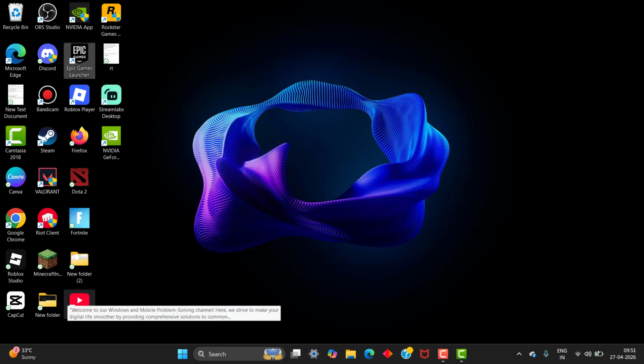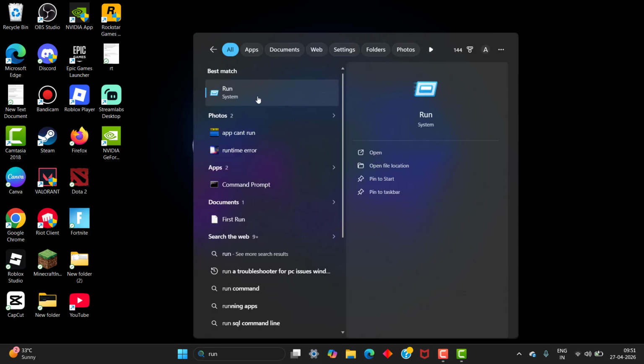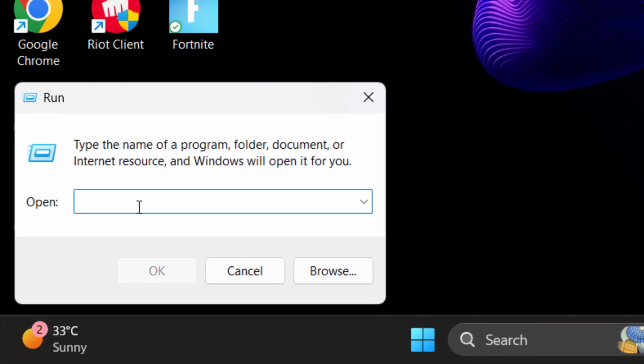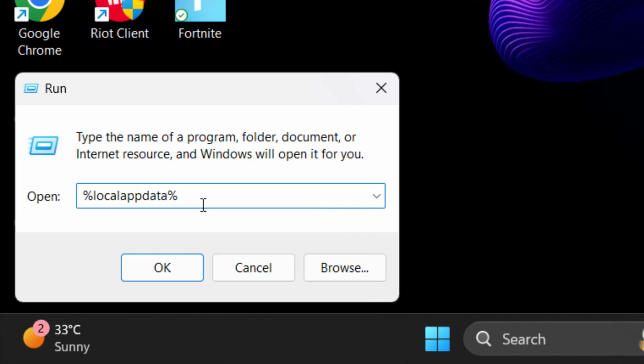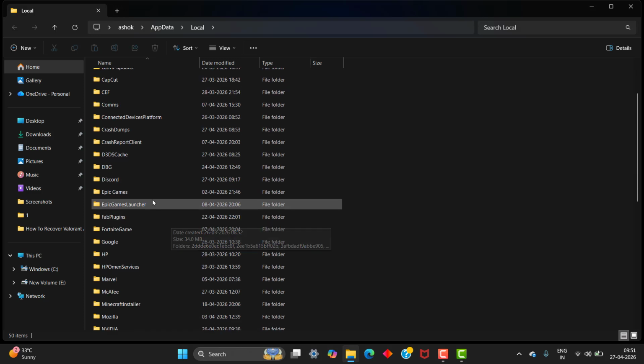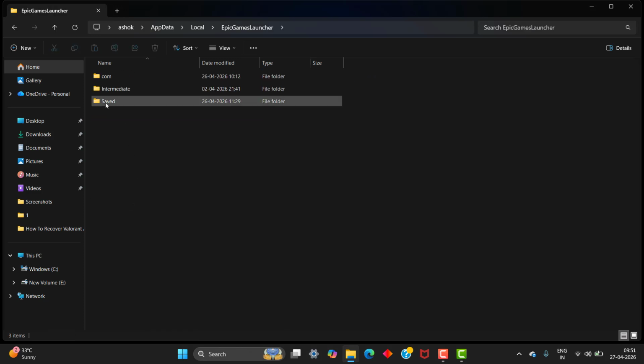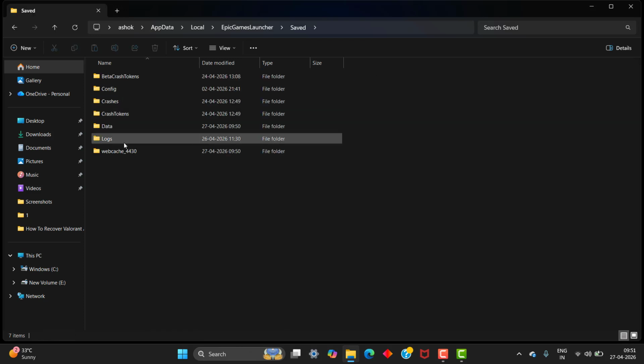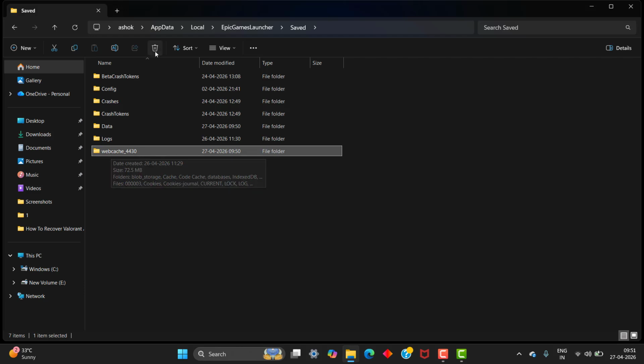Then go to msconfig and one time click it, and after go to run. In this, you need to type local app data and click OK. After that, you need to scroll down and go to Epic Games Launcher. In this, saved is that you need to click save, and web cache is that you need to delete the